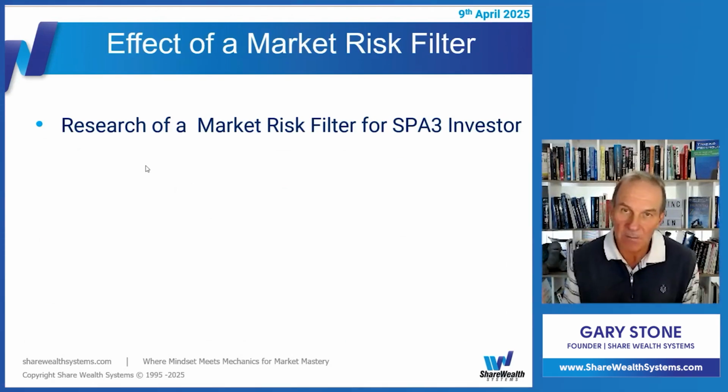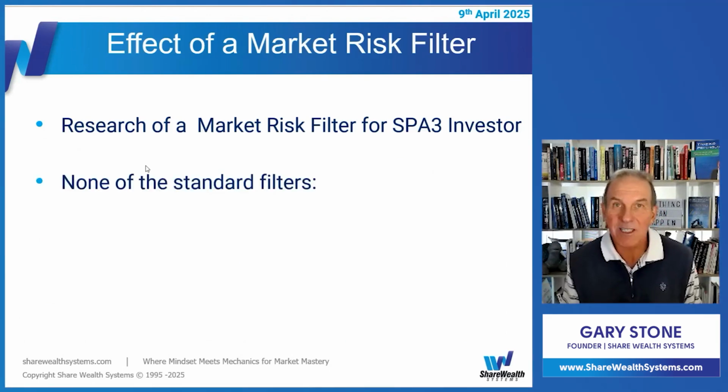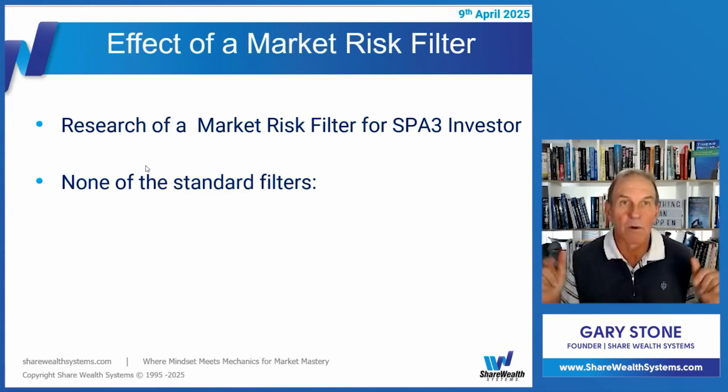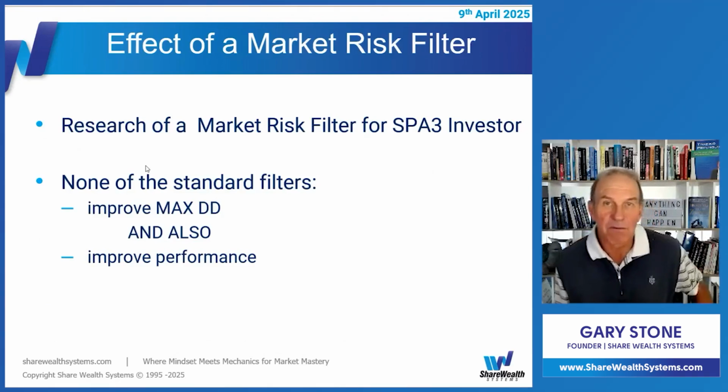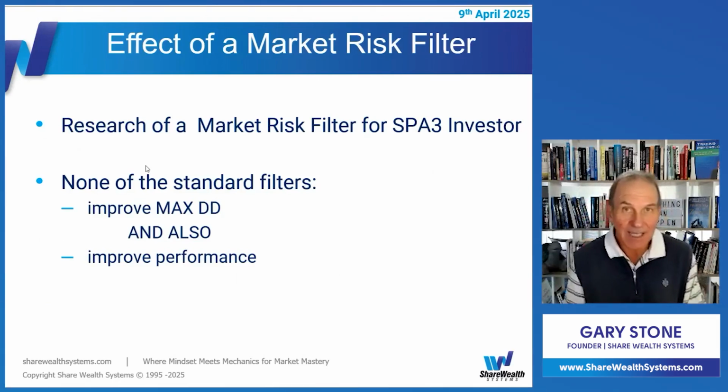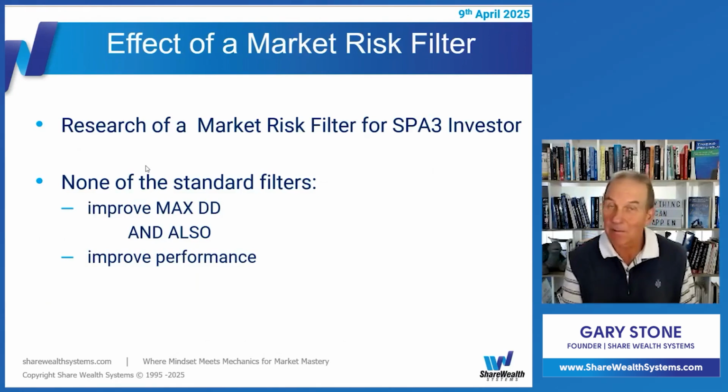And you're going to see in a moment that no standard filter that I've come across, or even the filter that we use at the moment, which is really more a trader filter, can actually reduce drawdowns, which is what people are trying to do with the filters. They're trying to reduce drawdown and at the same time improve performance. I haven't seen that anywhere, and that's not just my research. I've looked at tons of third-party research. I've researched other people's research, and I've also spoken to other people about their research.